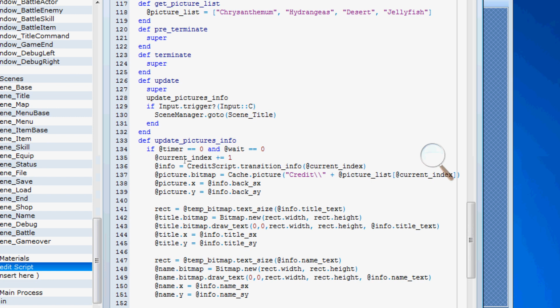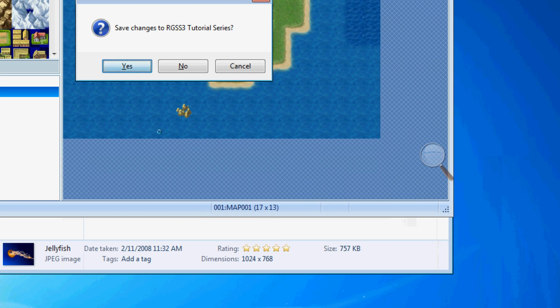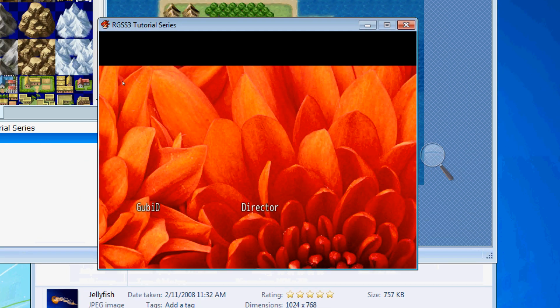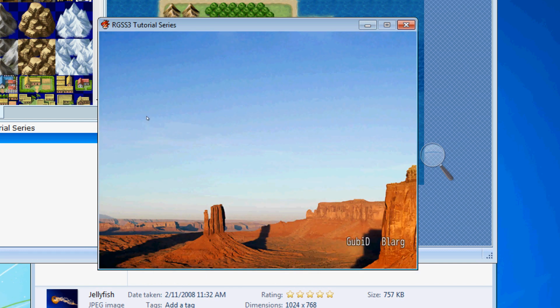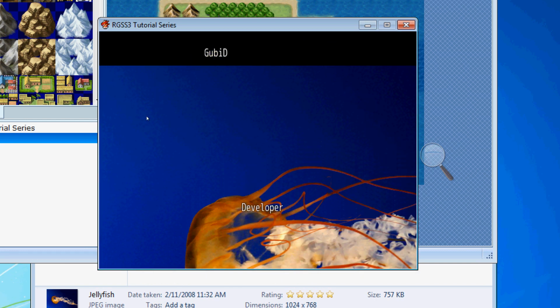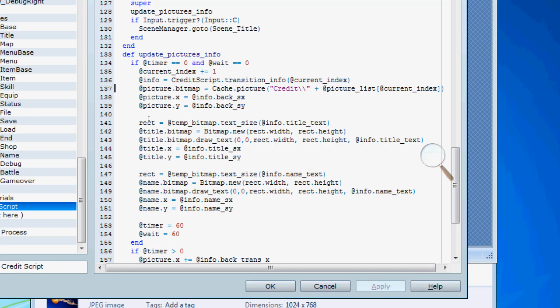Alright, so, what was that last error message we got again? I don't remember what it was. Let's try it again here. Okay, wait, and cannot convert nil to string. And that happens on this, which is